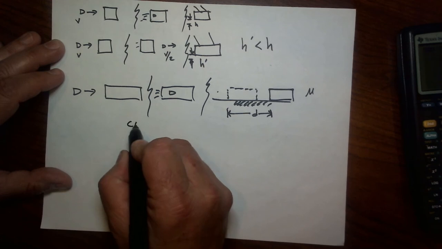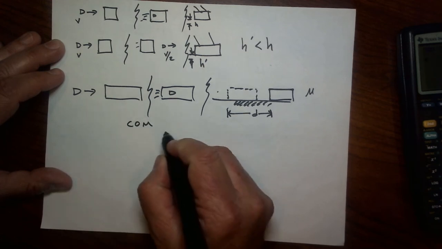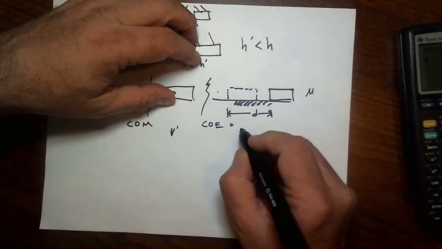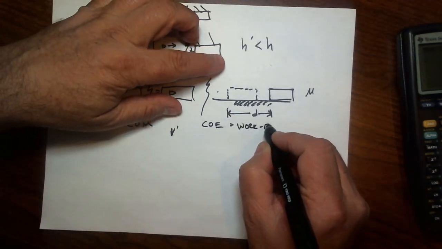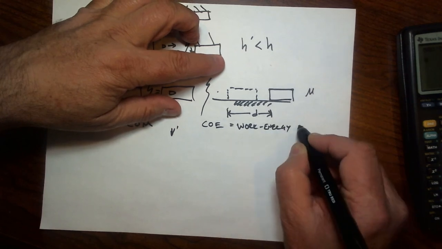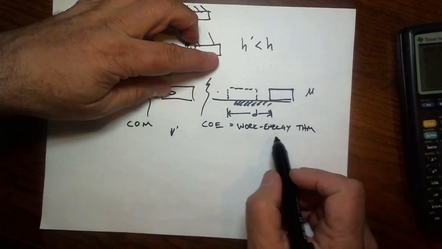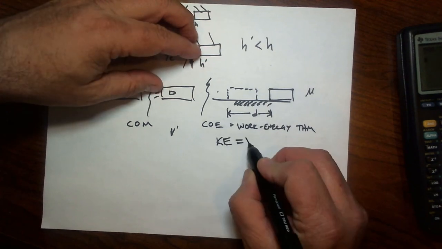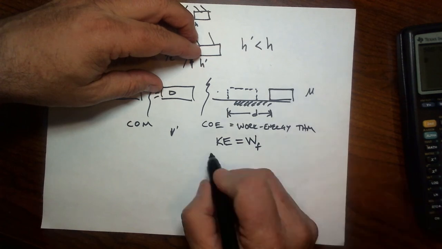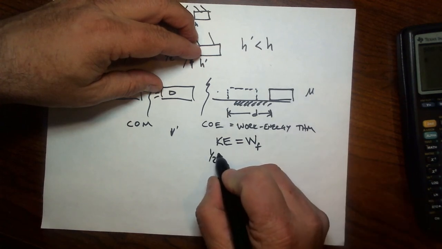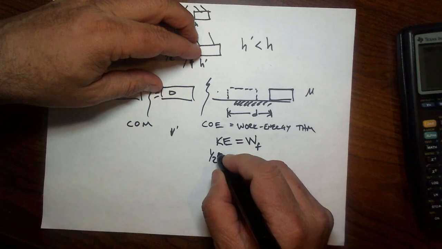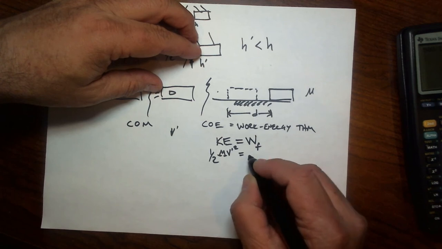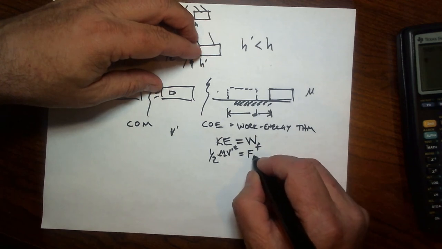Well, we would still use conservation of momentum in the collision to find v prime, and then we would use conservation of energy in the form of the work energy theorem. And what we would do is we would say that the kinetic energy of the block goes into work done by friction. So 1/2 of the mass of the block, let's just call it big M, times this v prime squared is going to equal the force of friction times